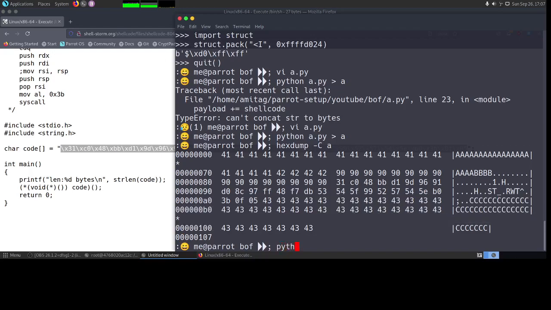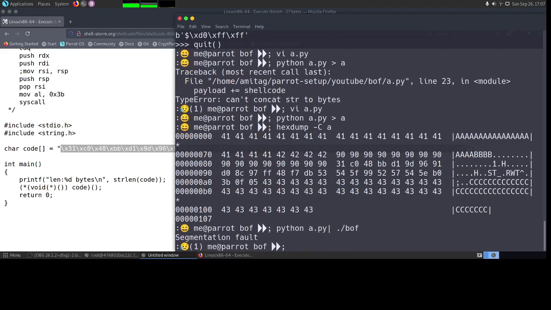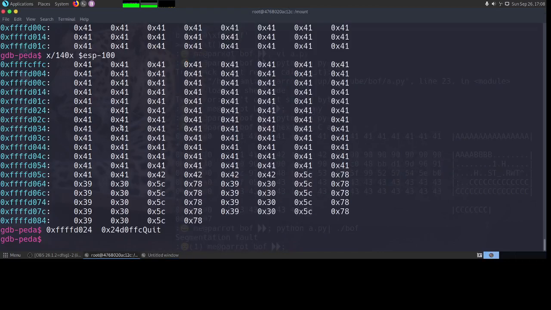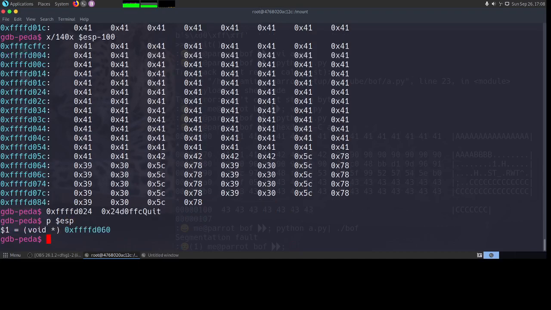Now once we have that, we can run python a.py and pipe it through ./buf. As we see, this gives a segmentation fault. Okay, now let's go back to our GDB and print $esp.